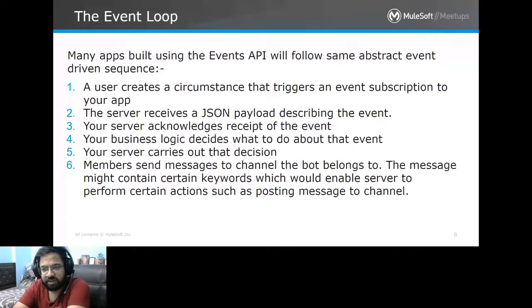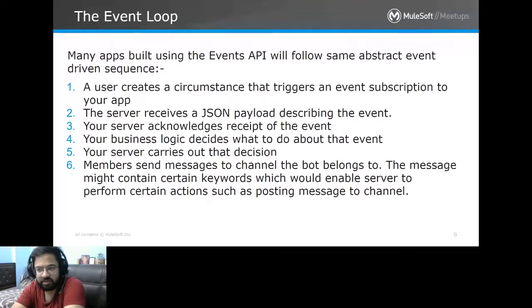So either way, you can keep it asynchronous. You can send an acknowledge event immediately when you receive the message, and then you can perform certain actions, then you can just post to the channel. That's usually the best practice. But if you feel like it can be done within 3 seconds, you can just directly do it. But usually the best way is, once you receive the event, immediately send an acknowledgement, and then